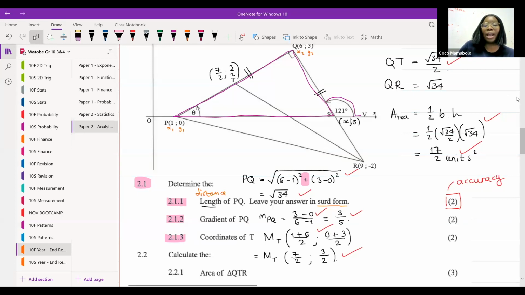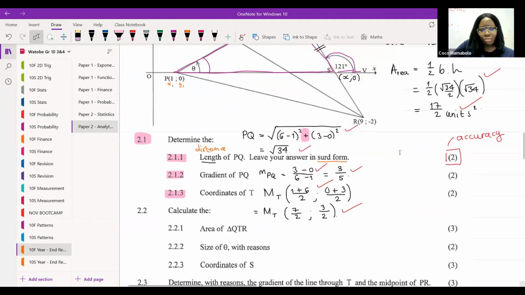All right, the exterior angle of a triangle is equal to the sum of the interior opposite angles. So 121 must equal that angle plus that angle. If I say 121 minus 90, that's 31. So the way we need to phrase this is we need to say theta plus 90 degrees